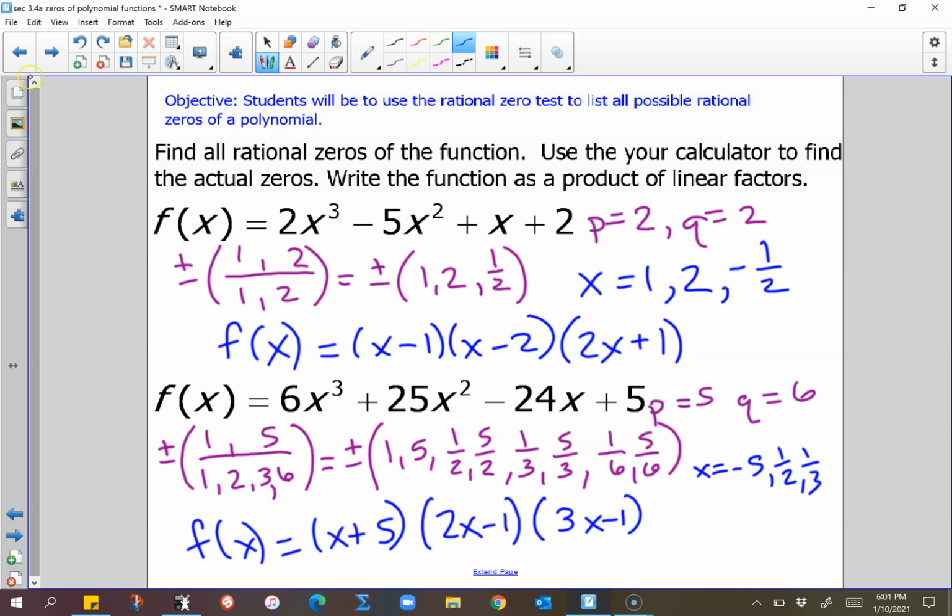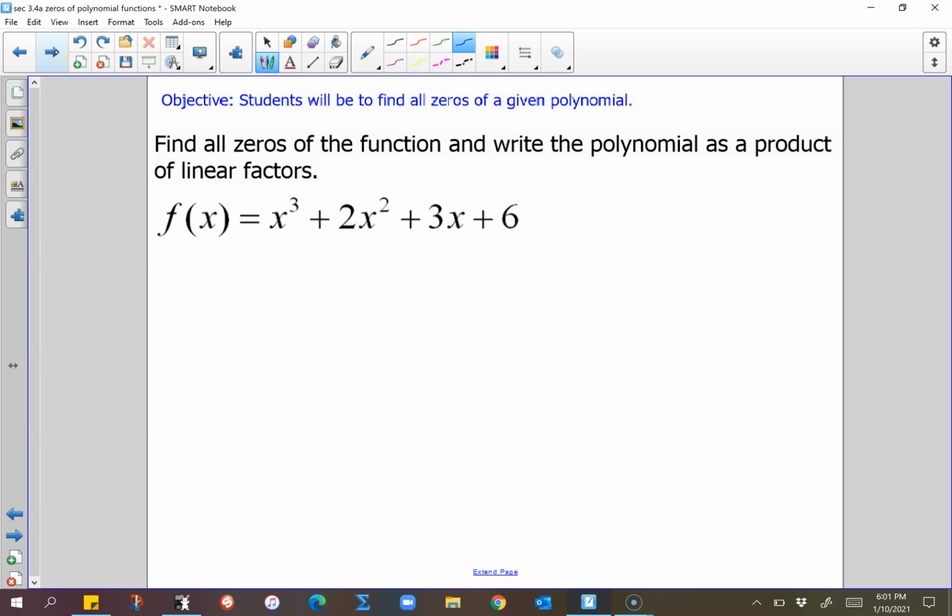So the next thing that we're going to do is a little bit of a different thing. So for this one, it doesn't explicitly say that I have to use a rational zeros test. So you don't have to write them all out for this one. What you're going to do, if they ask you to find all zeros, there's a couple steps you do, and this is a very classic test question because it tests a lot of things in one. The first step you do is you find zeros